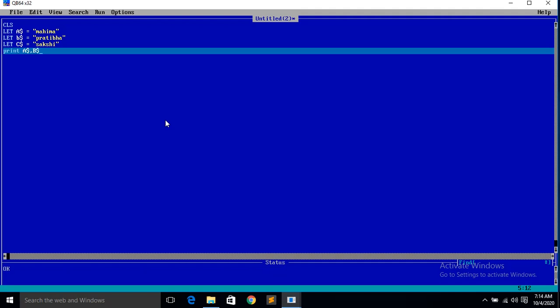Mind it, you see what mistake I am making. I want to show you the error that will come. Now in your book it is given semicolon. Can you see $, semicolon, $, semicolon, $C, semicolon, is it not?